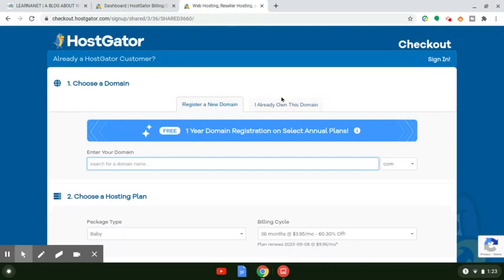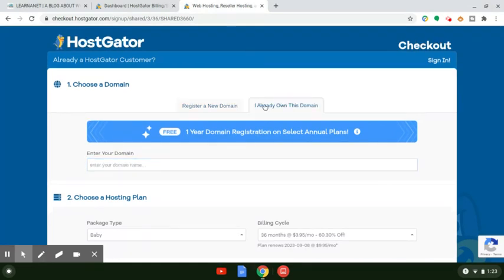then what you guys want to do is just click over here where it says I already own this domain. You're going to type in the domain itself. In my case, I'm going to be using createwpsites.com. That's a domain name that I've already purchased at Namecheap. So if you use Namecheap as well, then what you're going to do is simply just point the name servers